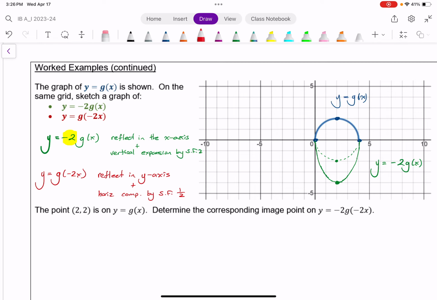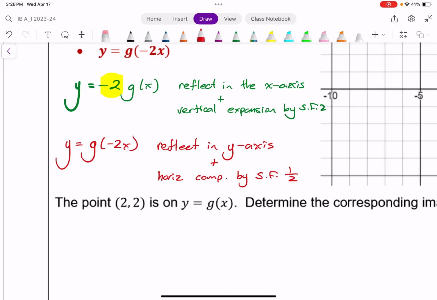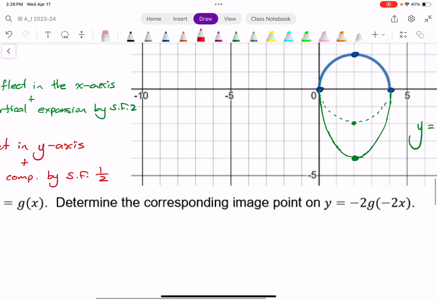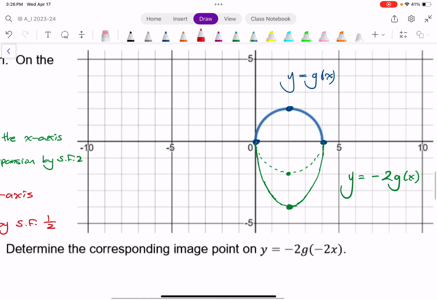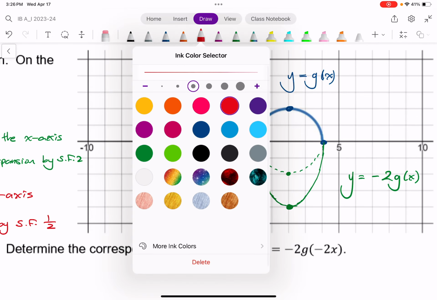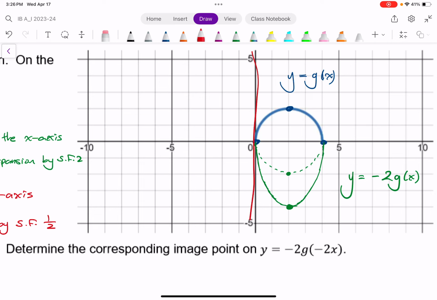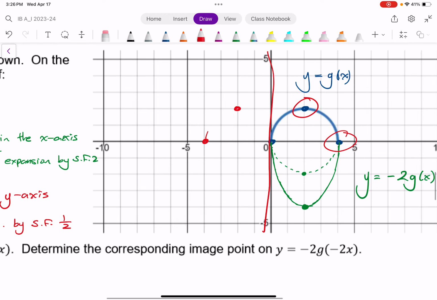So first I'm going to reflect it in the x-axis. We're going back to function g of x. Everything I'm writing about here is in relation to g of x, which I have here in blue. So going back here, the horizontal reflection means I imagine a mirror right on the y-axis. And so this point here, instead of being 4 to the right, is 4 to the left. Instead of being 2 to the right, this is 2 to the left. And I have a copy, a reflection,